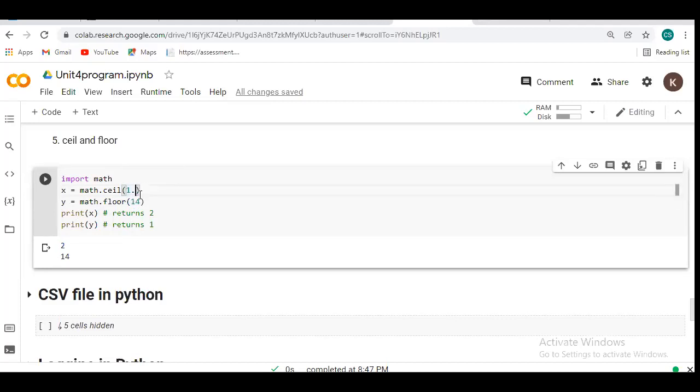If we write 5, it returns 3 or 2, because we can't divide 5 into 2 equal parts, so it is written as 2. Suppose I write 6, you can see it gives the constant number 2 here.